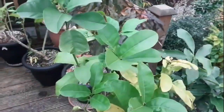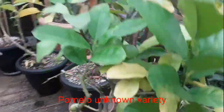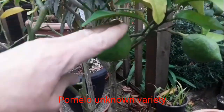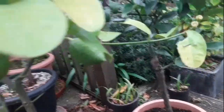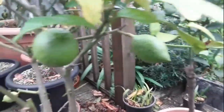To the other side we've got another pomelo. Well, it's meant to be a pomelo anyway. This was bought, I think, from Flora Toscana, but it's not a named variety, and it's quite interesting because the fruit appears to start out as lemon shaped. You think, oh, it's a lemon, and then it does take on this